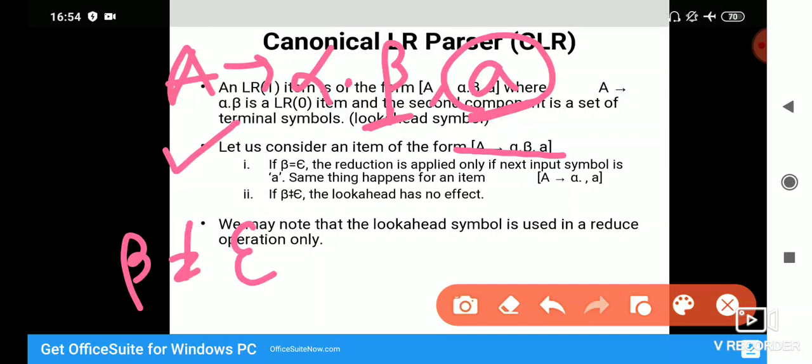But if beta is not equal to epsilon, then this look ahead, this small a, has no effect. That we can see in subpoint number 1 and subpoint 2. Also from point number 3 we can observe that the look ahead symbol is used in a reduce operation only. Majorly there are two operations in parsing, shift and reduce. So the look ahead symbol is used in the reduce operation only.